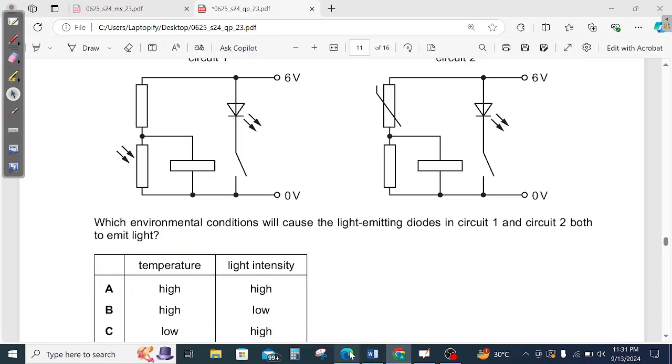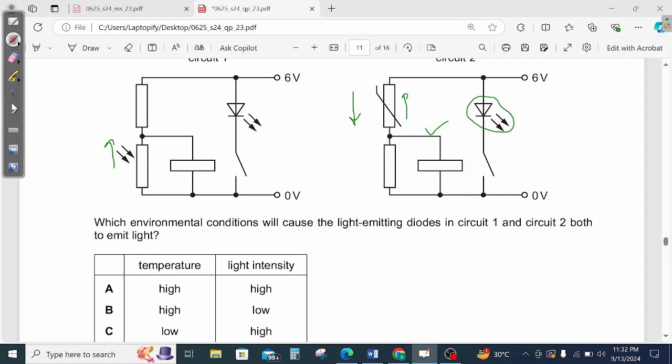So look on the option. If you use high temperature, it means its resistance will be low and current can pass through it. Then this circuit will be open and LDR will start to emit a light. Okay, if you look on this first circuit and intensity is high,